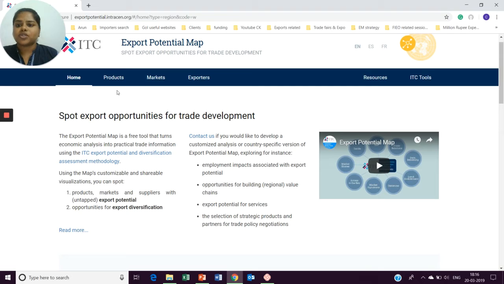One is to identify the products, the different types of products that can be exported to different markets, like how we saw in the market-based approach. Then you can identify the market: you can drop down to a particular HS code and find out which market you can export that product to. In the exporters tab, you can check which exporters have a scope for a particular product in a particular market.